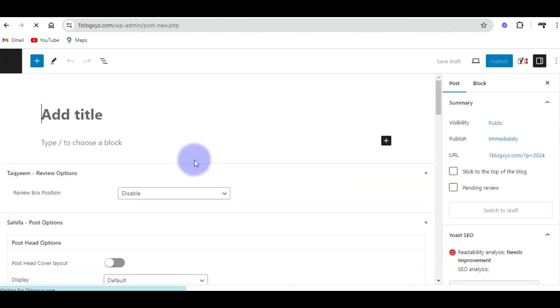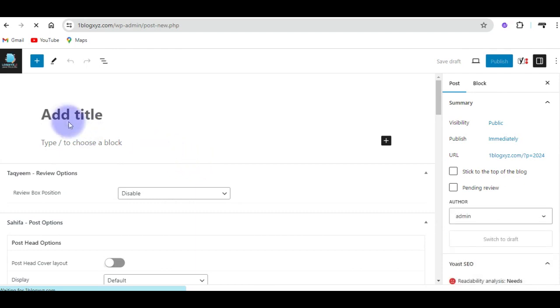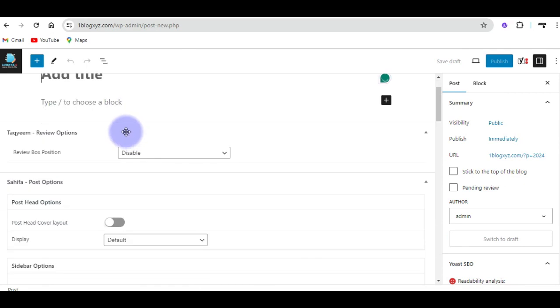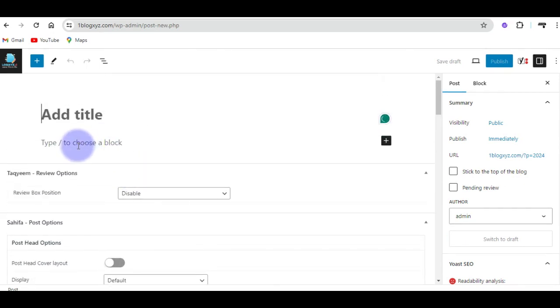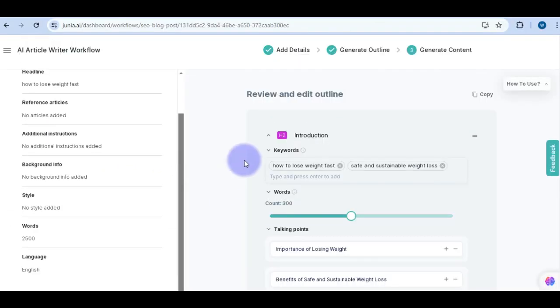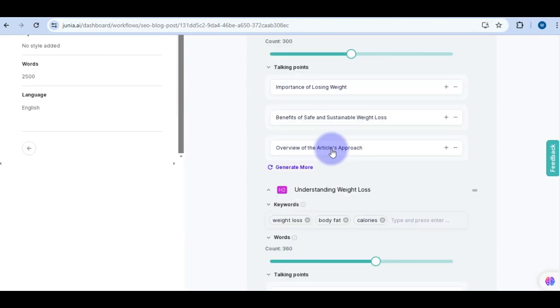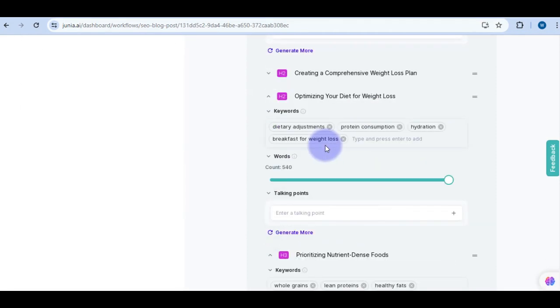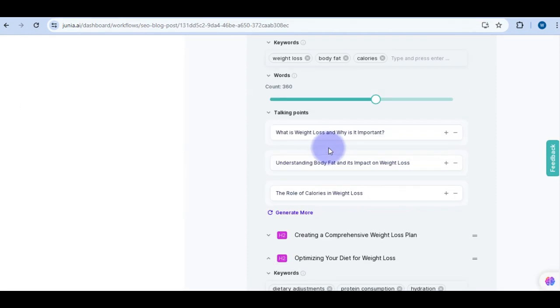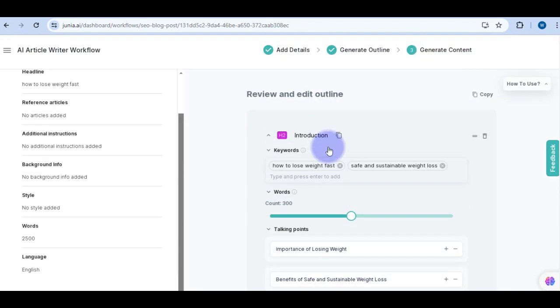Once you click on add a new post, here you are going to make sure that you insert the title, the description, and insert the content which you have transformed. Reorganize the content, including the headings, the title, and descriptions as given to you by this tool called Junior. You want to put it by heading and tags as you have seen here. You want to make sure to put it by the different outlines and make them very, very accurate